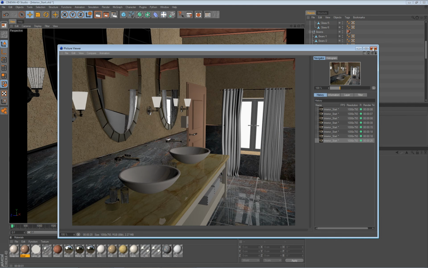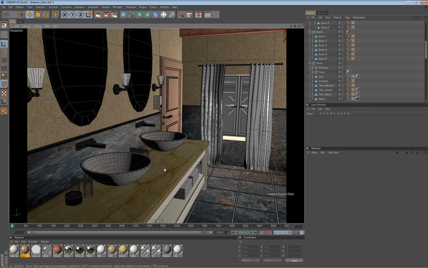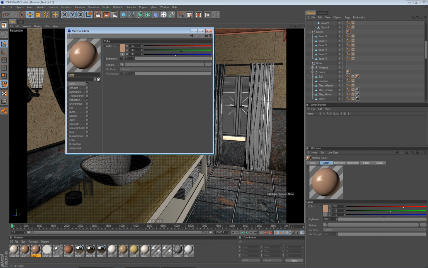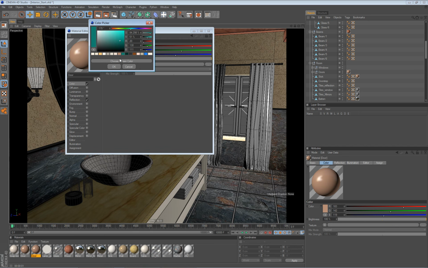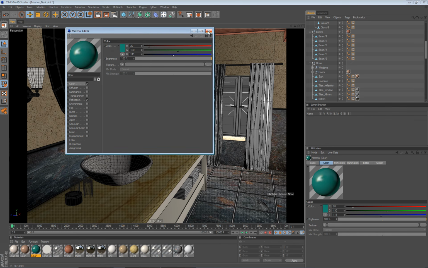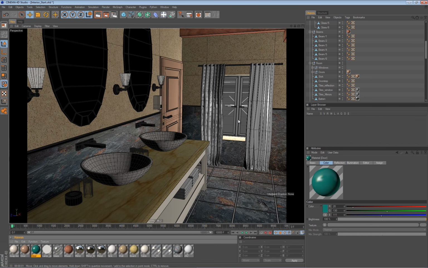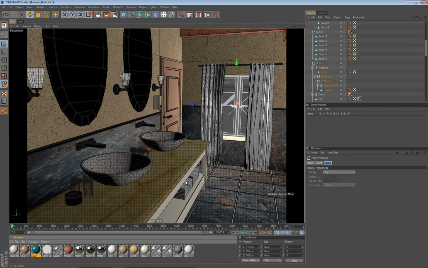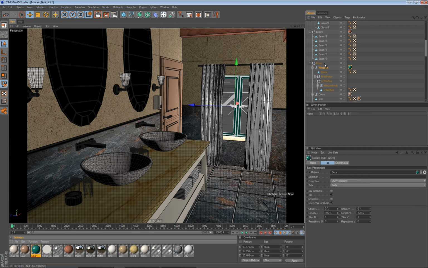So let's build the materials for windows. I'll once again copy this material and simply use maybe another color here. So something like this greenish color. And let me find that guy. So I'll apply it to the windows as a whole. So to the parent, and